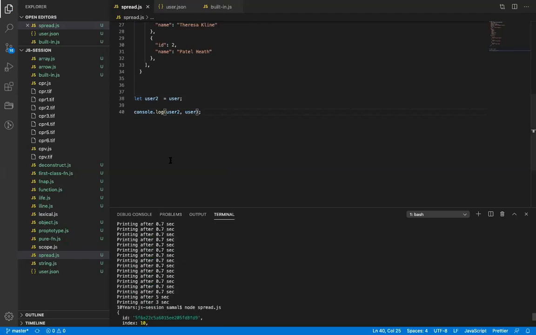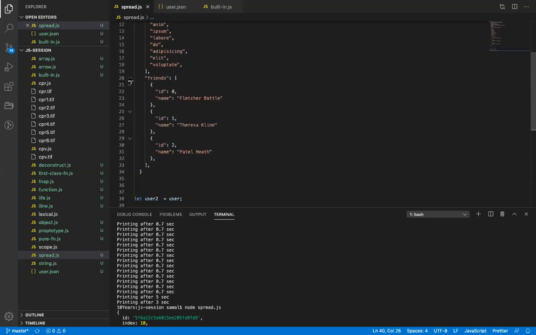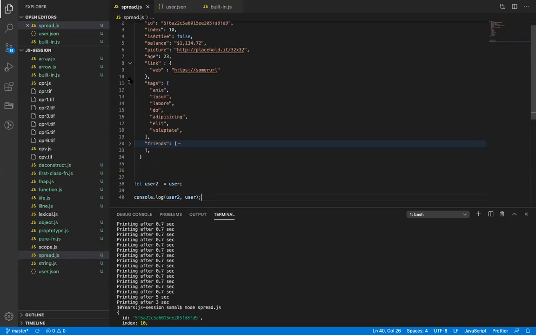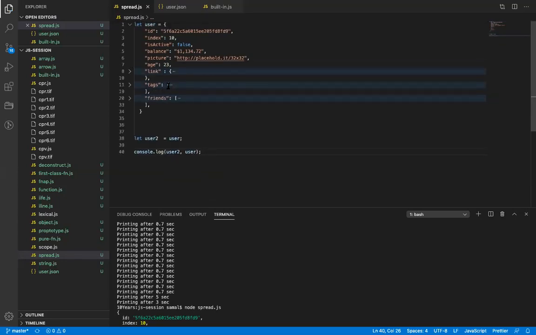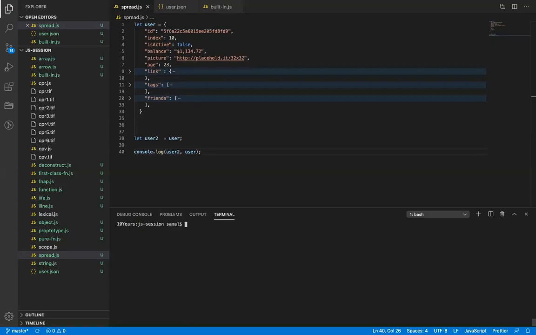Is user2 a copy or a reference? Yes, basically it is a reference.